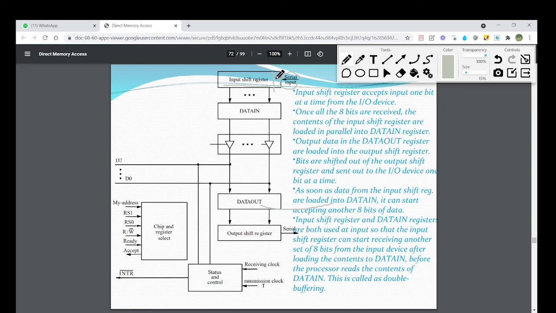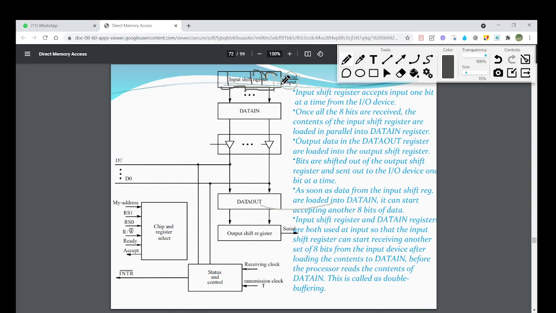The first bit will come here, and once the second bit comes, the first bit is shifted and the second bit takes its place. It keeps on shifting like this, and after 8 serial bits, all 8 bits are saved in this input shift register.